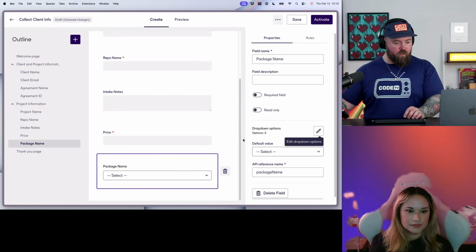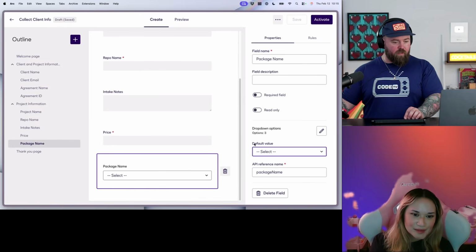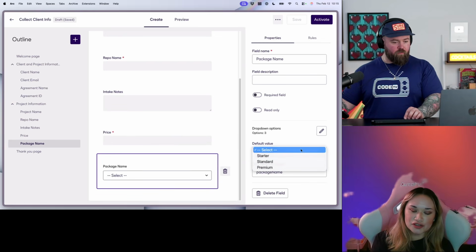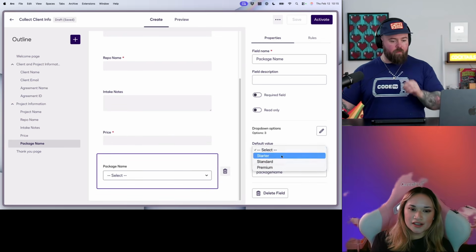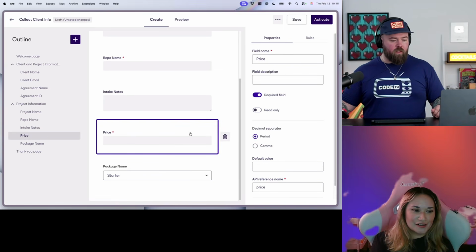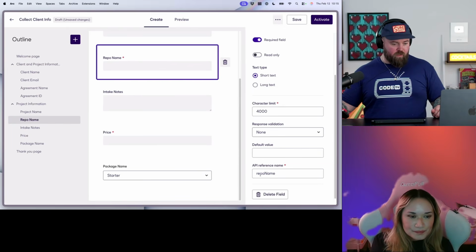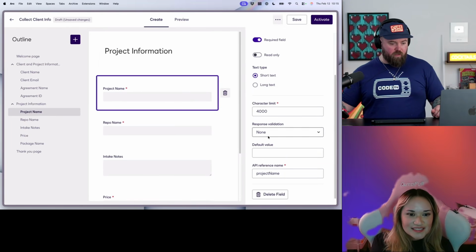So we've got our starter, standard, premium. Happy with that. You can set a default too, if you would like, and this just shows if the client is a starter package client, they don't have to click anything. Save them a click. Got it. Okay, cool. Let me just double check. API reference name is price, intake notes, repo name, and project name.